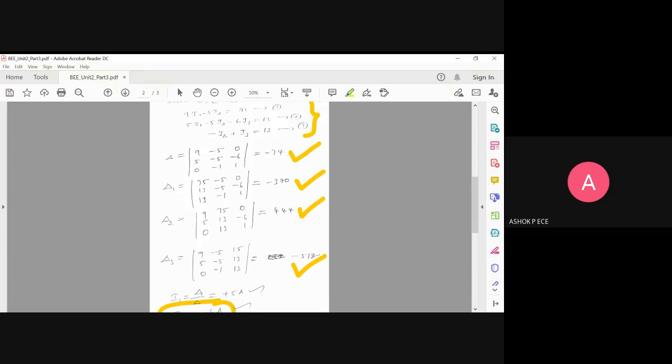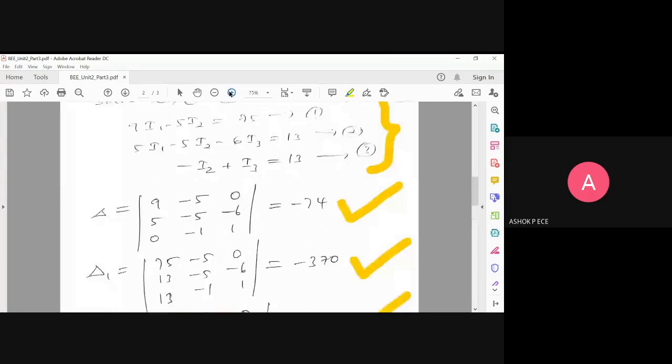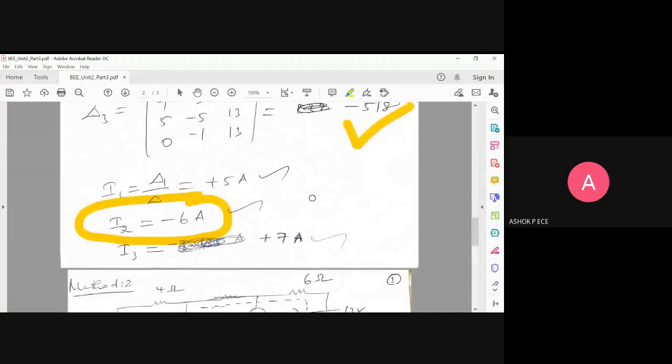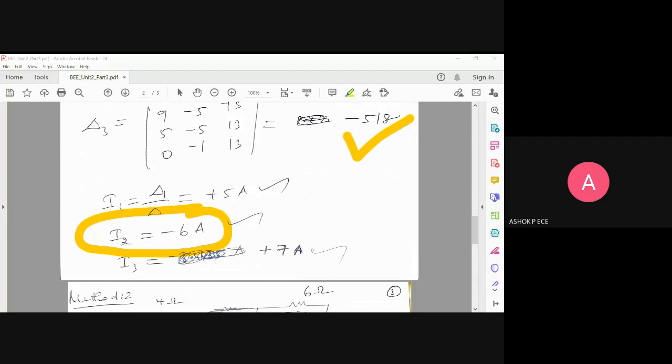Anybody having doubts in solving by the normal method? Again, two methods are there. I recommend you do it by whichever method you like. There is no restriction on which method you follow. You can use either the super mesh method or KVL as you like. Can we go to the super mesh method, if you are okay with the first method? If anybody has a doubt in the first method, you can ask. If anything is not clear, you can ask.